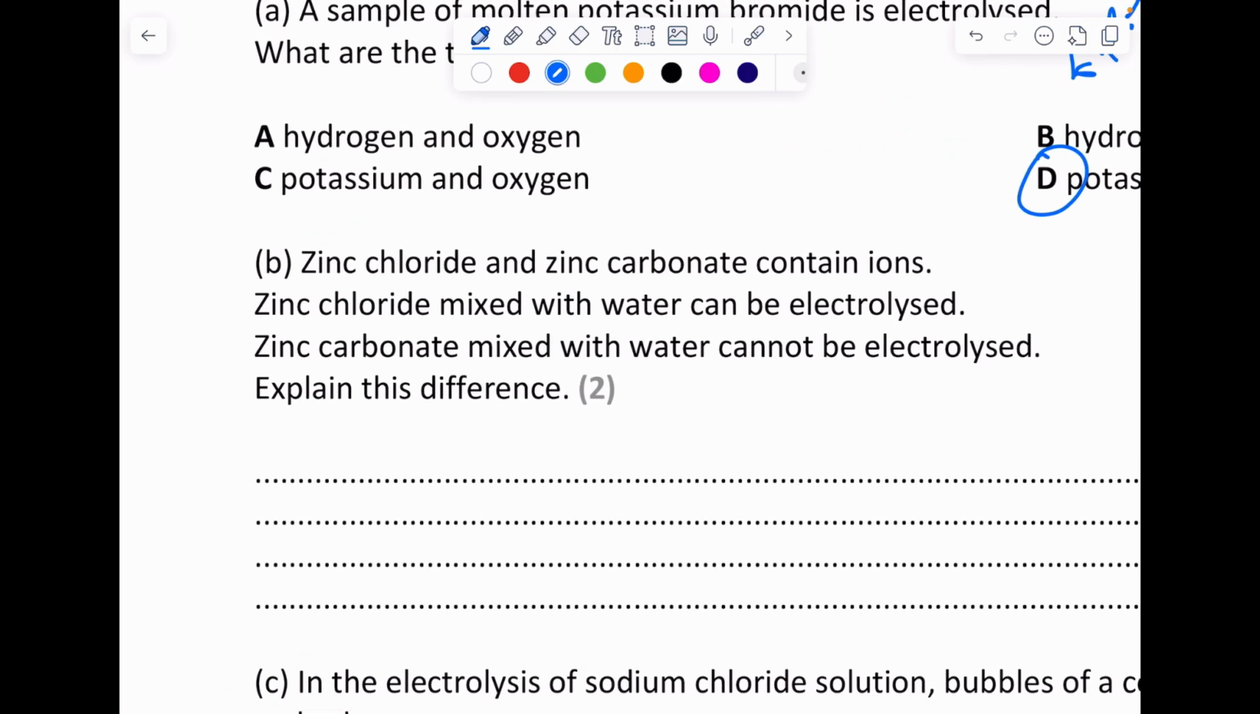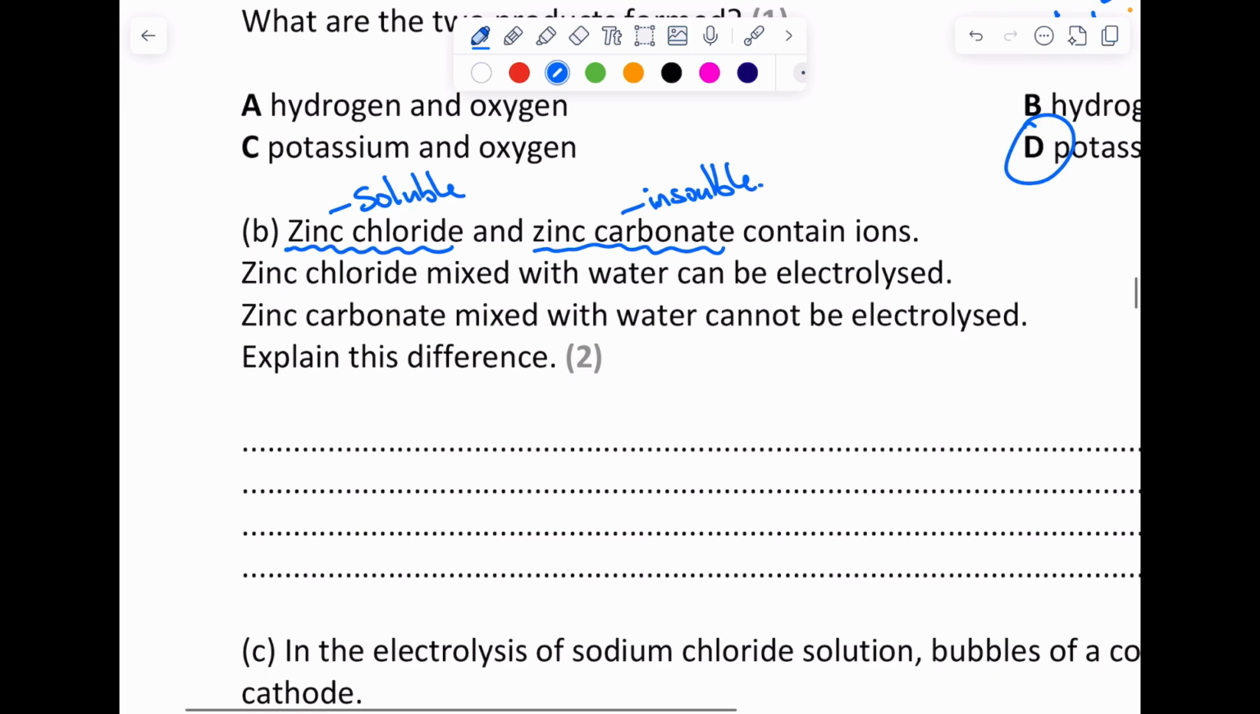So this one hinges on the fact that zinc chloride is soluble and zinc carbonate is insoluble. When the zinc chloride is soluble, that means the ions are free, and therefore can move, and therefore will conduct electricity. With zinc carbonate, the ions remain as a lattice and are not free to move, and therefore will not conduct. So what we need to say here is that the zinc chloride is soluble,